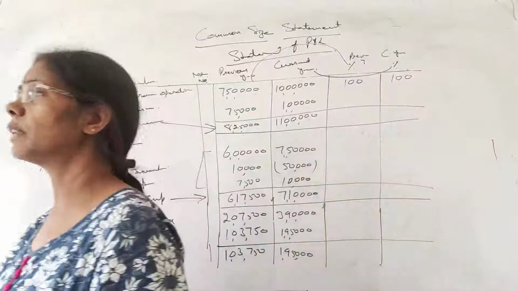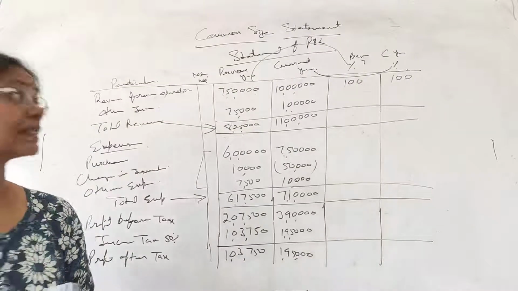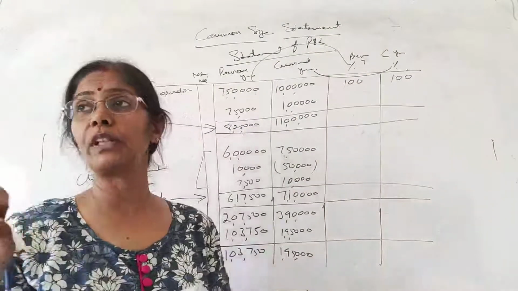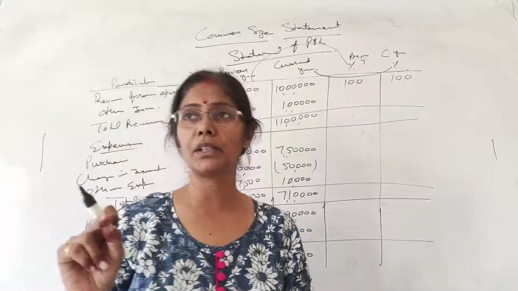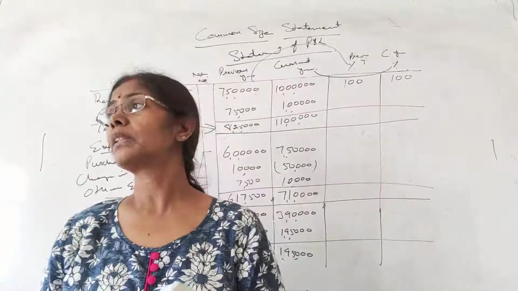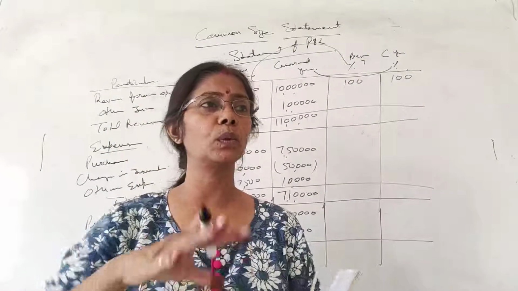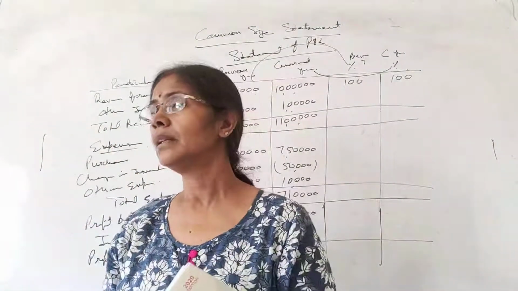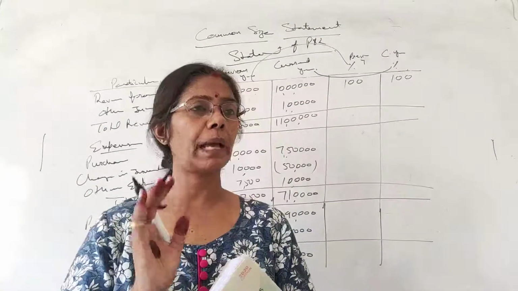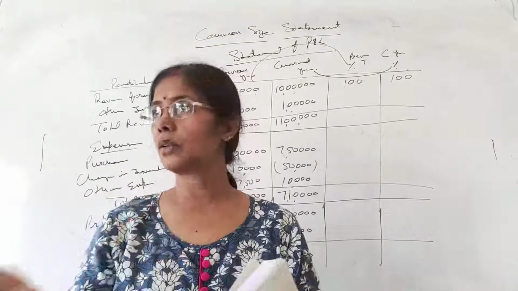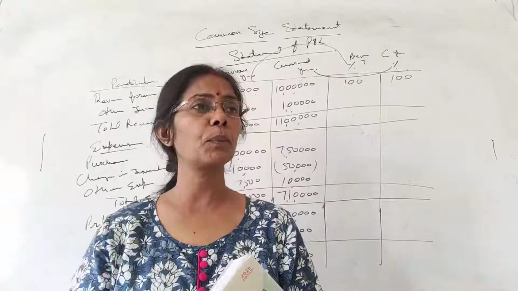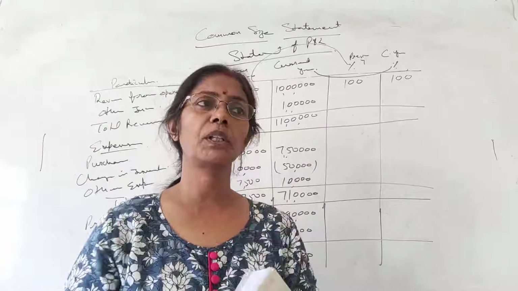Now we have to convert it in common size. What common figure have we taken? 100 for what we have taken? We have taken it for revenue from operation. This is very important. Sometimes the students who are not aware, who don't understand the things in the class, get confused about which one to take as 100. So remember, in balance sheet either assets or liability will be equal to 100, then we find out the percentage, and in statement of P&L we take revenue from operation equal to 100.